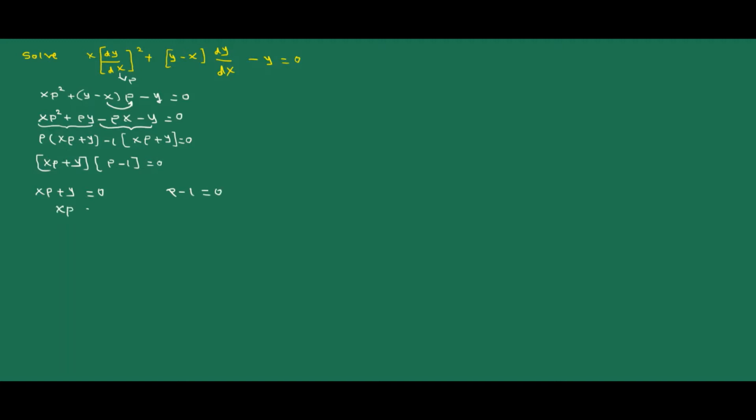Here xp is equal to minus y, p is equal to minus y by x. The p value we can write as dy by dx is equal to minus y divided by x. Separating the variables, transpose dx to the right hand side and y to the left hand side. So we can also write it as dy by y is equal to minus dx by x. On integrating, we get,